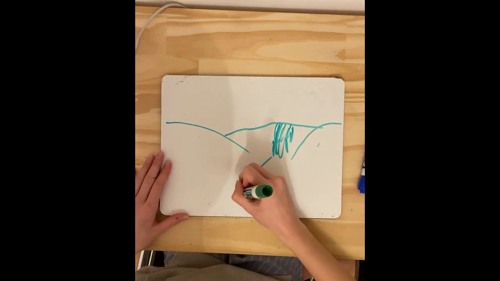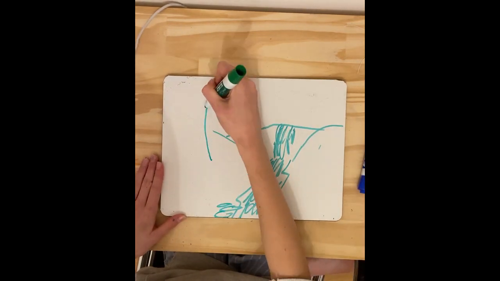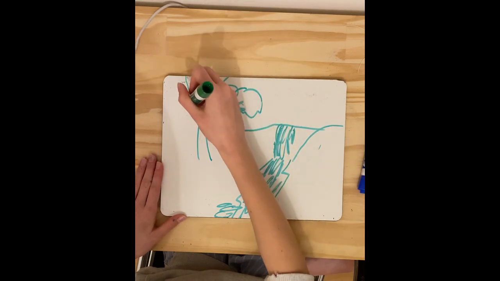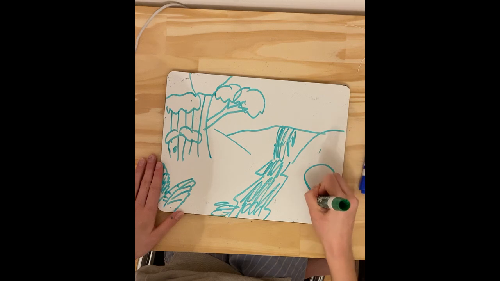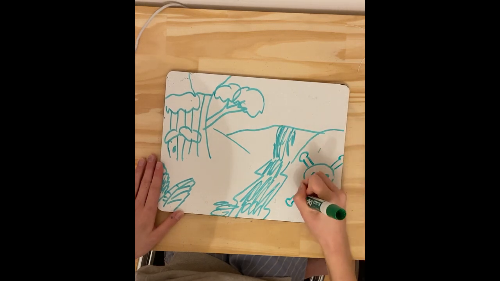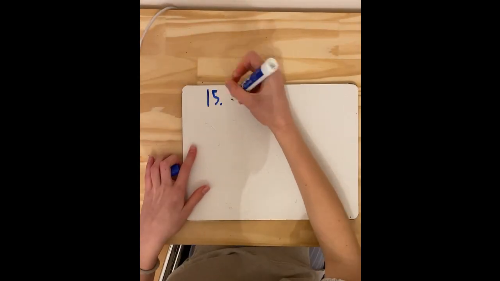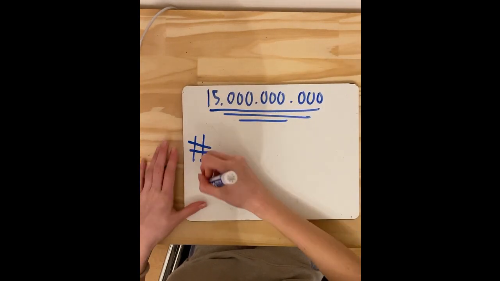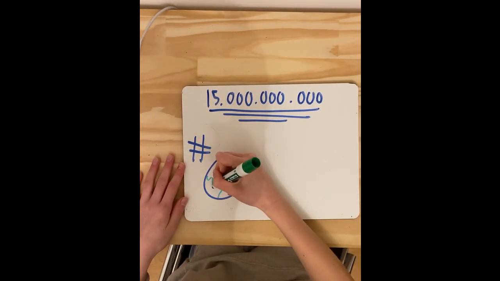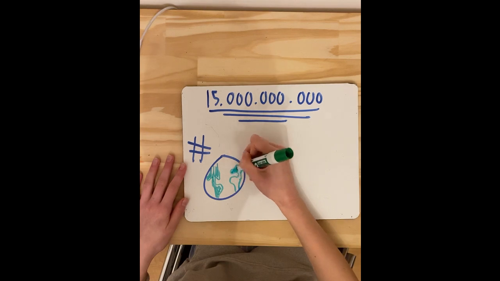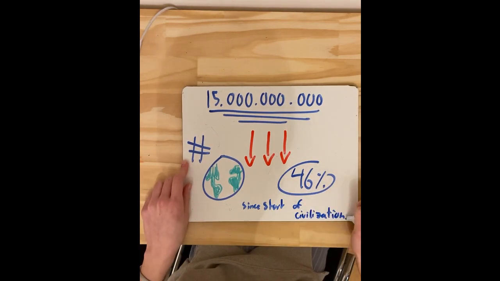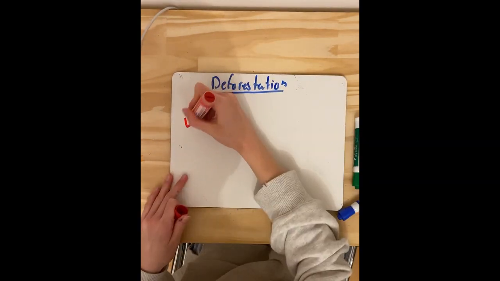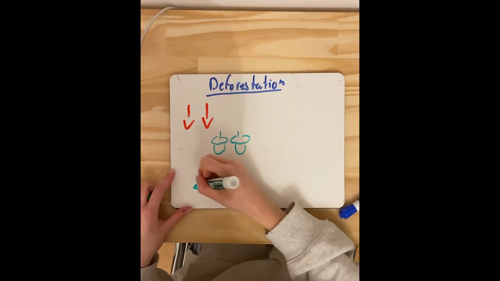Deforestation exacerbates climate change and threatens the well-being of our planet. Therefore, destroying the rainforest for our benefit is actually counterproductive, since it's bringing more harm than good. Approximately 15 billion trees are cut down each year. According to a study about tree density published in Nature, the number of trees worldwide has decreased by 46% since the start of civilization. Forest loss also reduces the availability of renewable sources such as medicinal plants, nuts, etc.